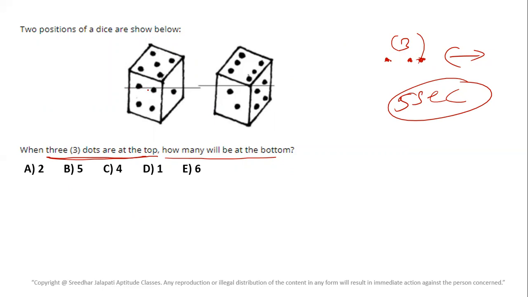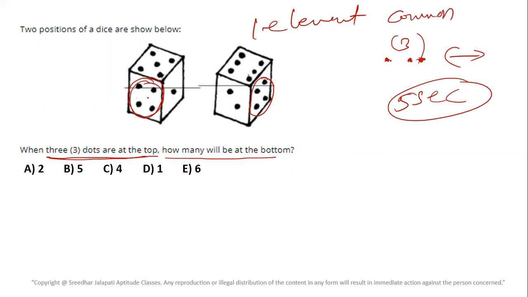Right, here is the answer. Any common element here? This is a face with four dots, and this is a face with 4 dots, so these two are common elements. So we have one element common in both views. When one element is common, how do we answer? We start with that element and we write the remaining.